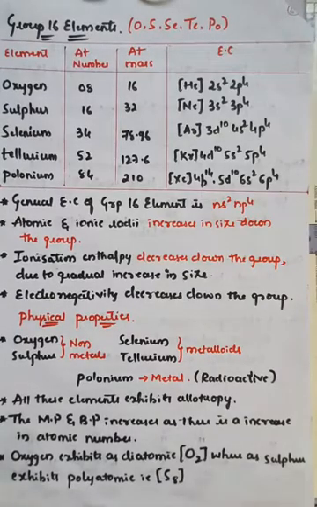Hello students. In the last class we have completed group 15 elements and we have seen how many elements are present in group 15, as well as we have studied some of the physical properties along with chemical properties like oxidation states and their chemical reactivity with different elements like halogens, hydrogens, oxygens, right? And different kinds of substances we have seen, and we have seen the preparation of three important compounds like